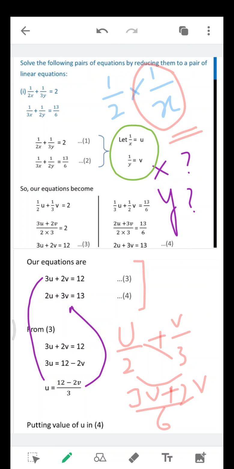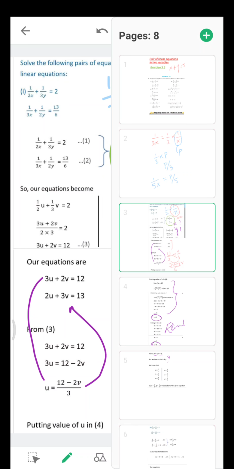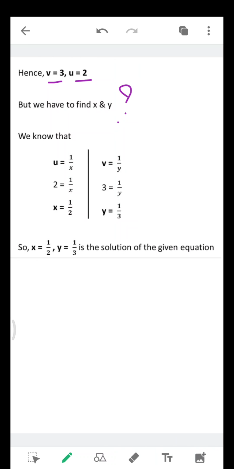1 by x is equal to u and 1 by y is equal to v. Okay, this was our assumption. As we have got u and v values, the u value is 2, so 1 by x is equal to 2, and if I reciprocate them, okay, if 1 by x is equal to 2,